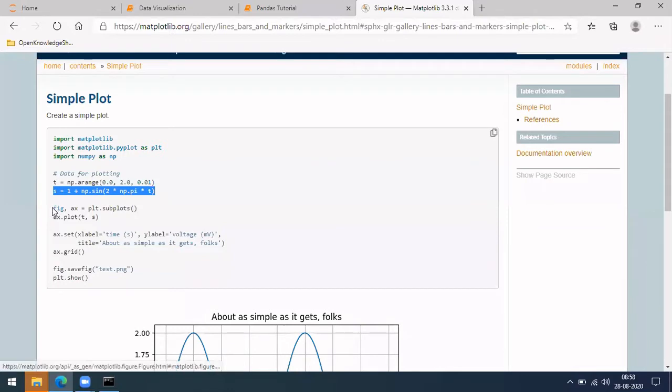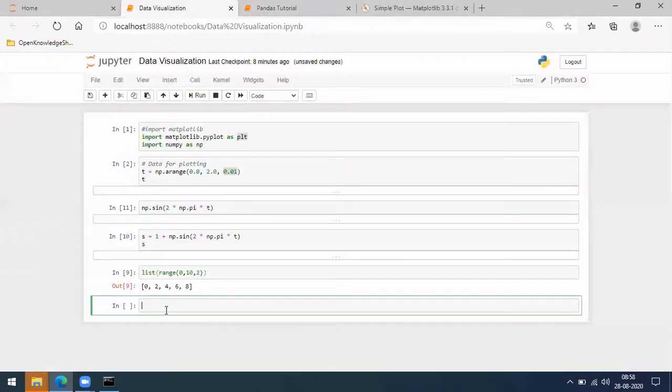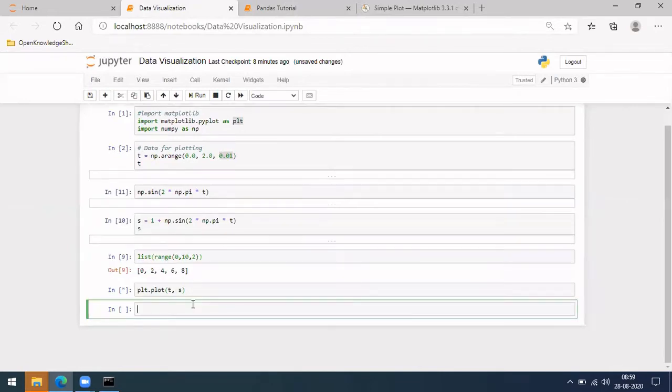This is a syntax which is common across. Let me skip that as well. Let me try this and show you what this will do. What we are trying to do is plt dot plot. This is the usual scenario where plt dot plot takes the x-axis and then the y-axis. If we give it like this, then it will come.